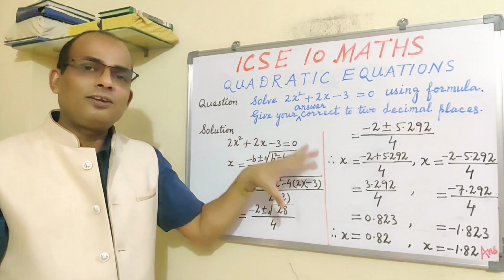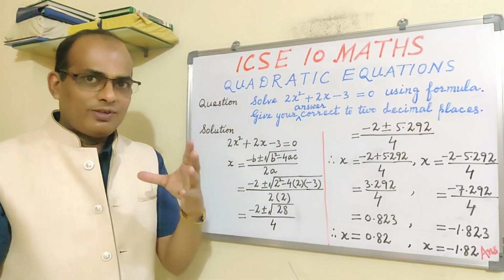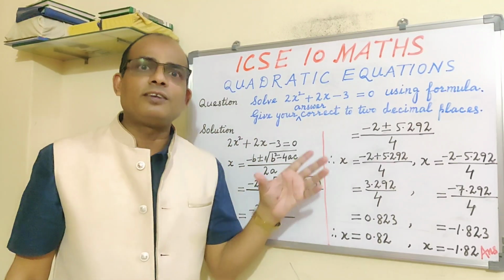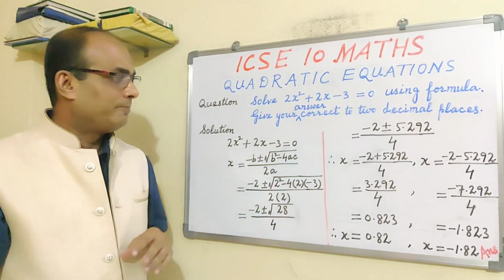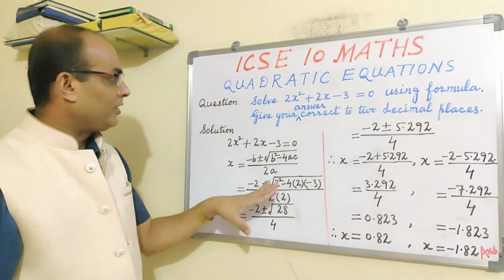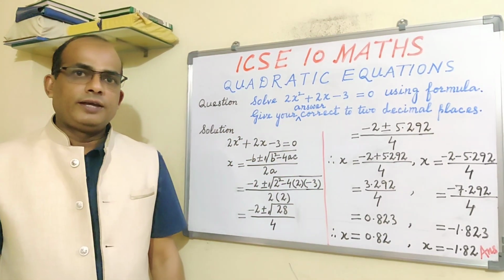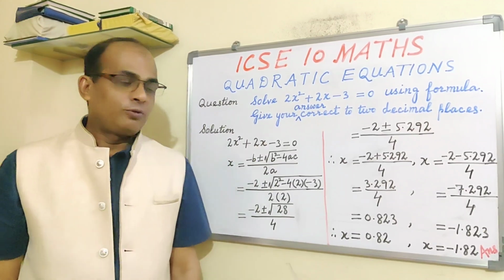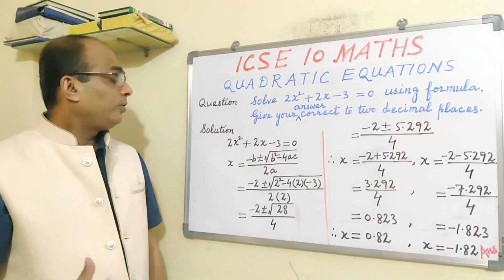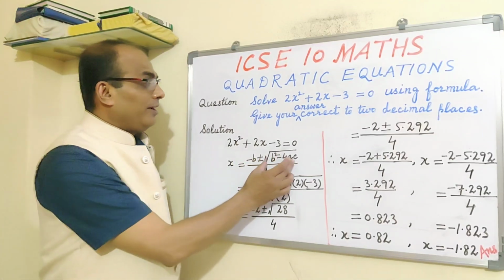Right, because I am here right now, I am not solving the question. I am just telling you the important points that you need to keep in your mind while solving the question from quadratic equation using formula. So everything you please write down, and then after that you please substitute. Now next point is point number 4, and in point number 4, just see, b square minus 4ac